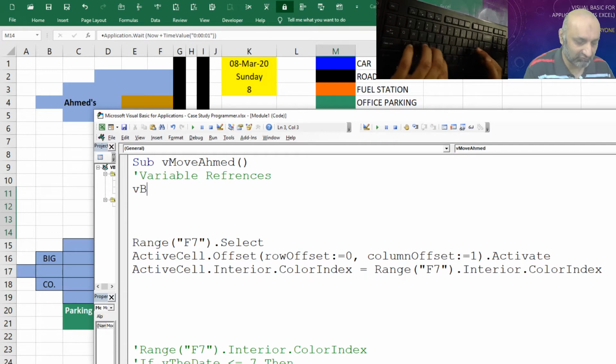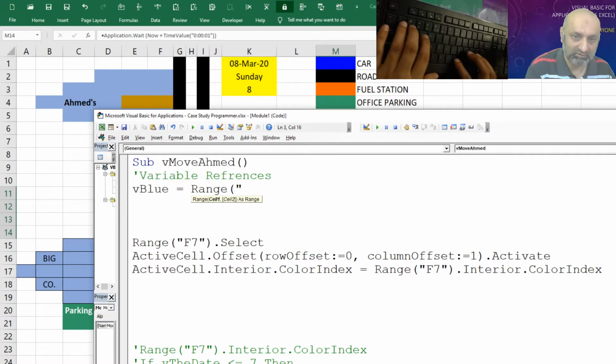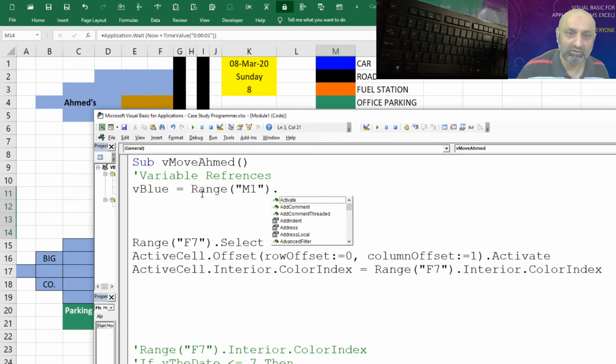So how will we do it? Say the car is blue, so we will say blue. And where is the blue color? Blue color is in Range, which range? Do it this way: M1. M1 dot. What do we need from range M1? We want its color, but we will be referring to the cell address.